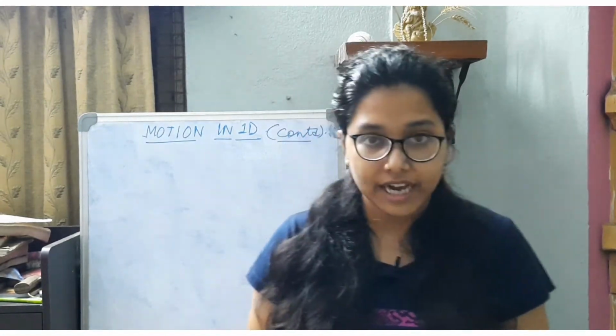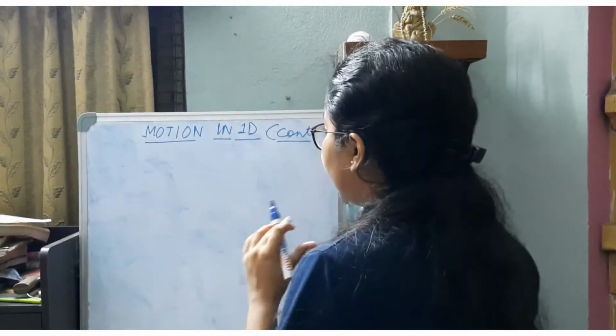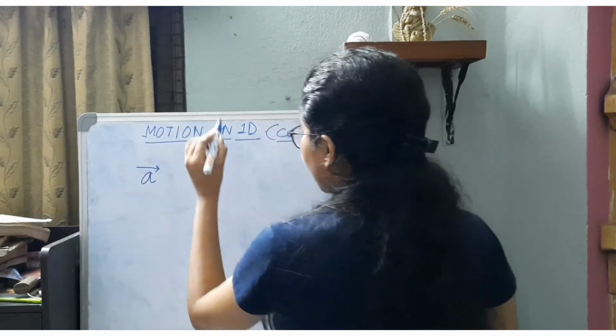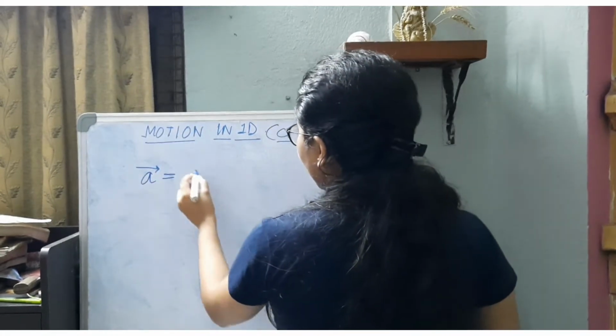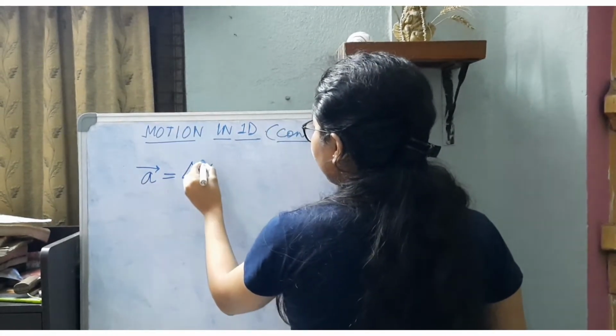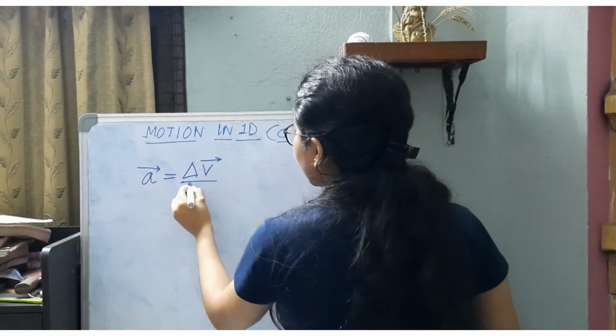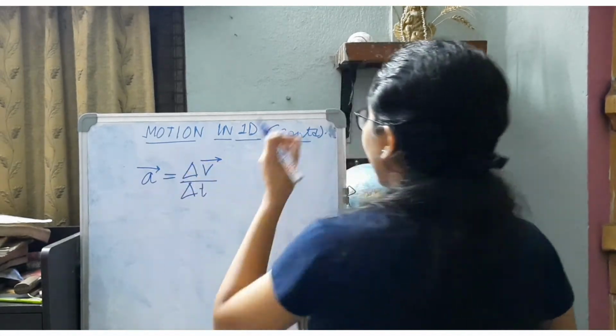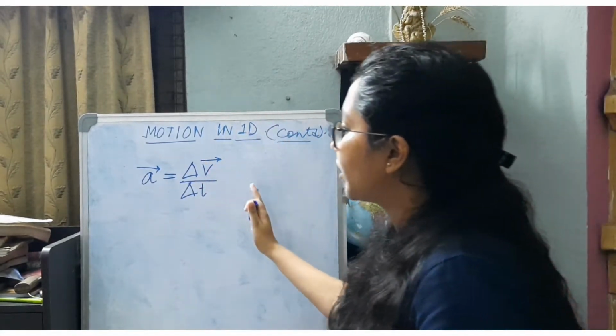First of all, as I said last day, what is acceleration? Acceleration is the rate of change of velocity with respect to time. If I would like to represent acceleration in a simpler manner, because acceleration is a vector quantity, I use this arrow over it. It is nothing but the rate of change of velocity with respect to time. This delta symbol shows that there is a change of velocity and a change of time.